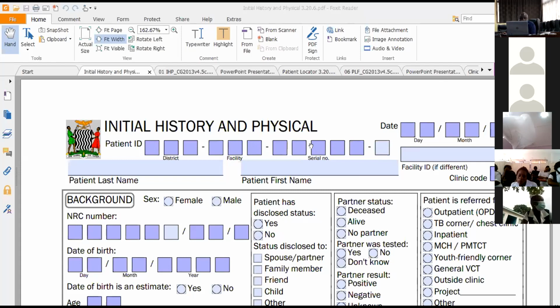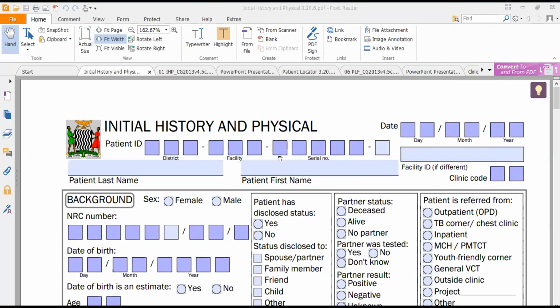Oh, thank you. So we'll start with the first forms that we were using. By the way, we'll just look at the 4 forms. As you are aware, there are more than 10 ART forms. But for the sake of this session, we're only going to look at the IHAP, the patient locator, the clinical follow-up, and the patient status form. So the first form that we used was this one. If you check just below here, it is written initial history and physical version